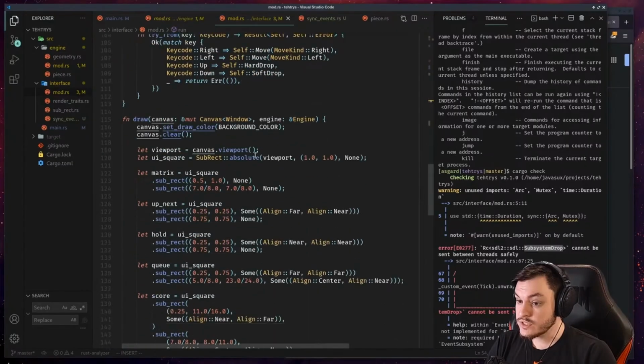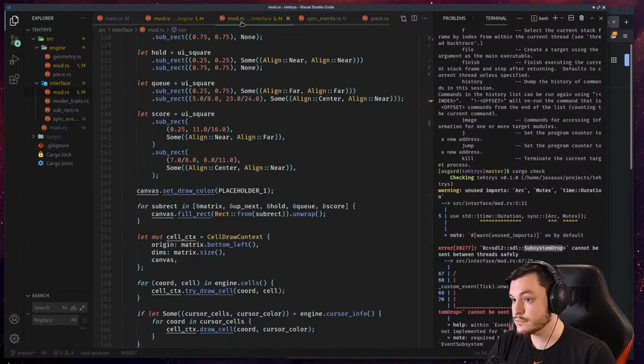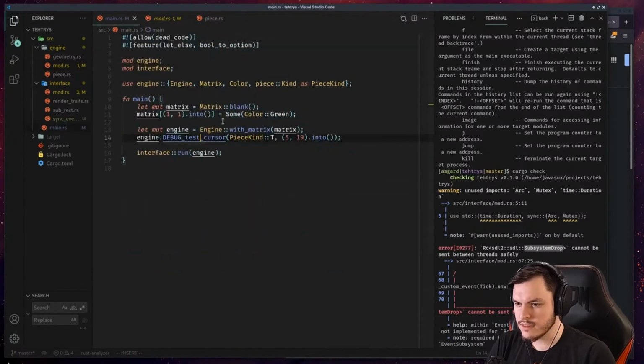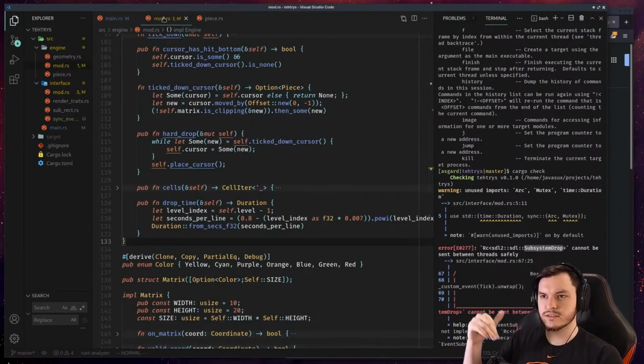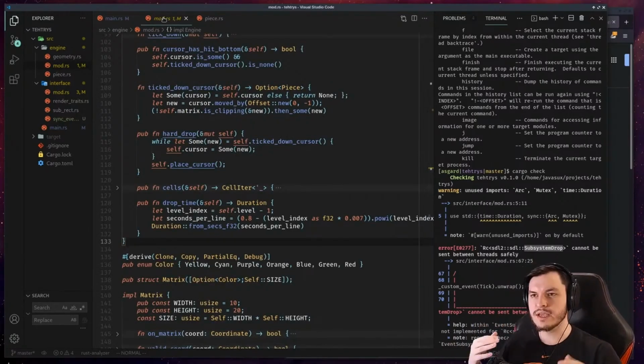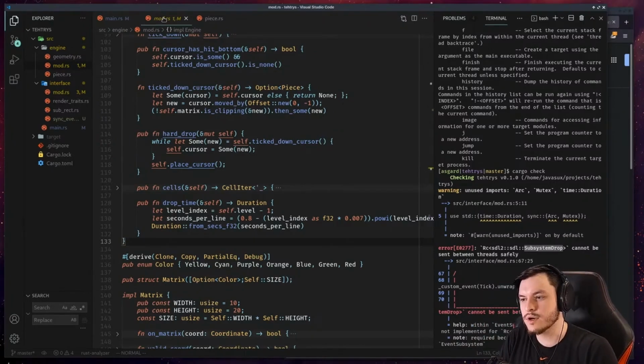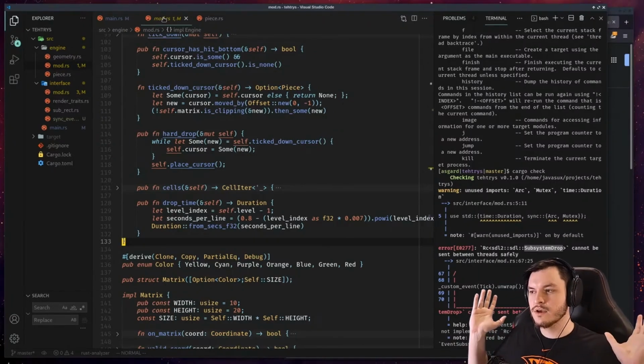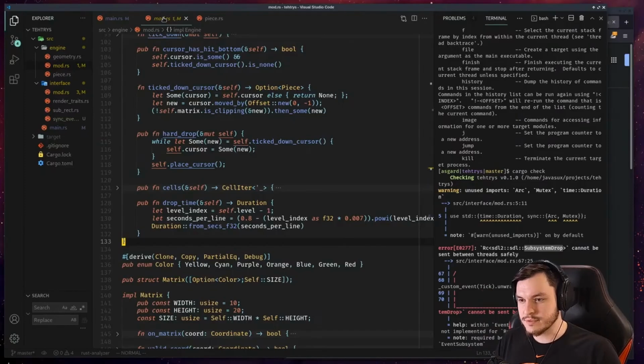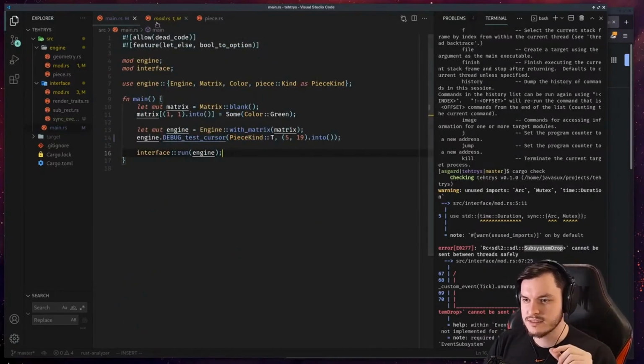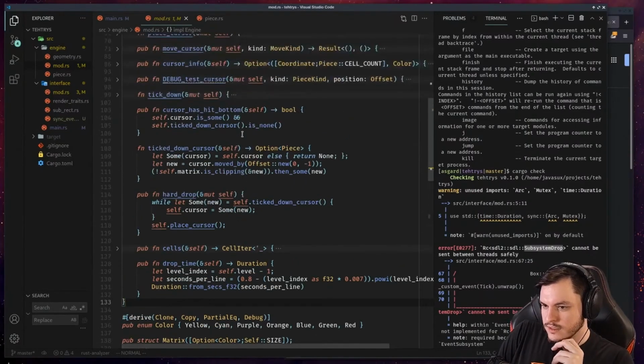So in the meantime, we do have other stuff that we can work on. Namely, the thing that happens once the cursor is hard dropped, because what we have to do after that is to go through the board and then see basically what happens after the player has done their input. So if a piece locks down here,